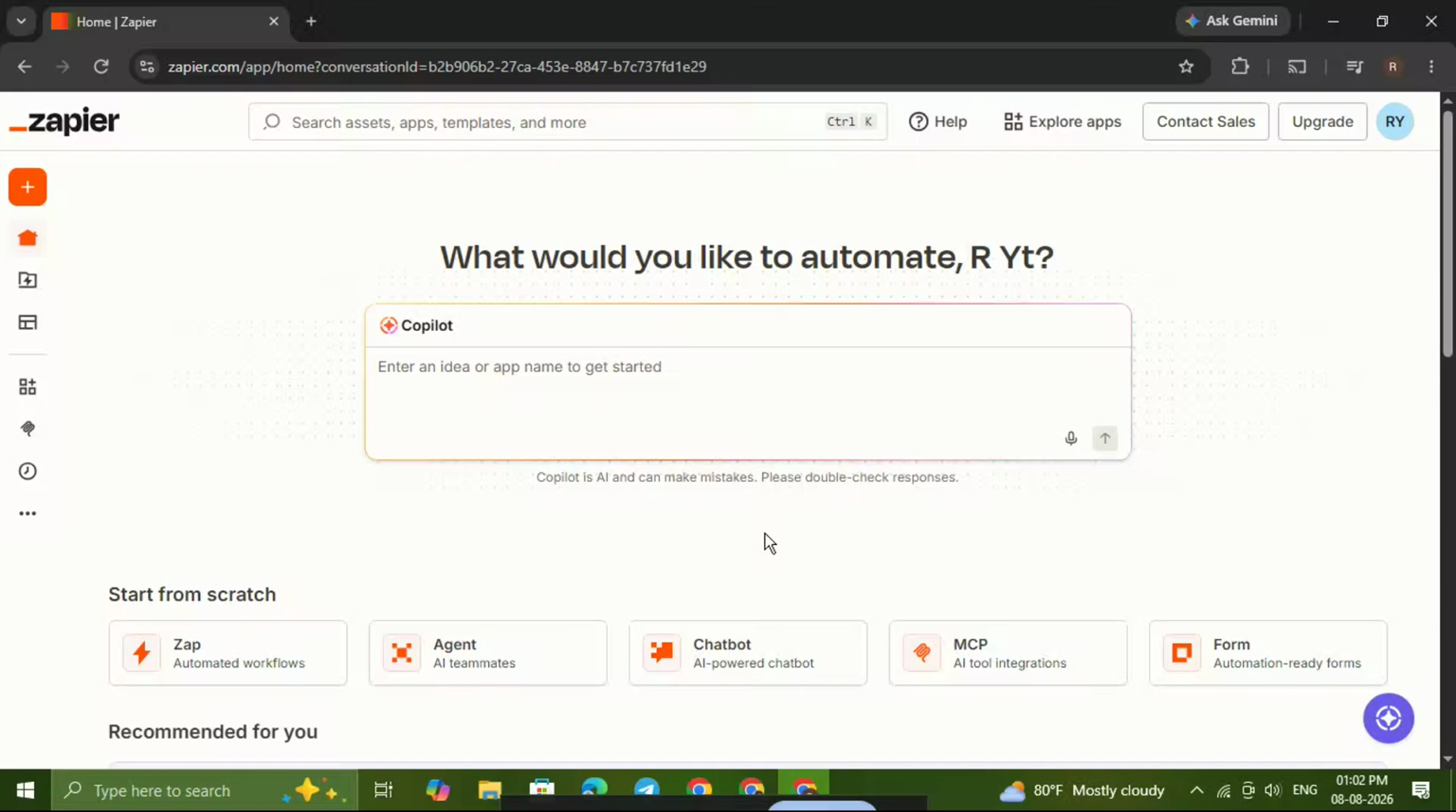In today's video, I'm going to show you how to automate RSS feeds with Zapier in a simple step-by-step way so you can save time and stay updated without constantly checking feeds manually. This is a great setup if you want new blog posts, podcast episodes, news updates, or content alerts to flow